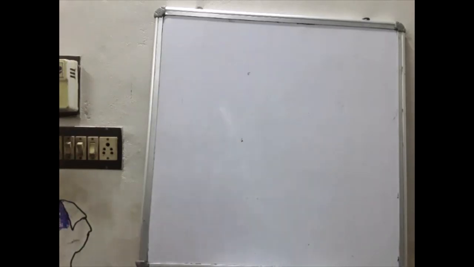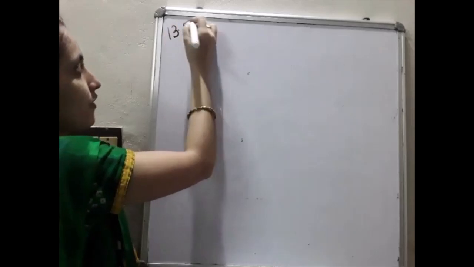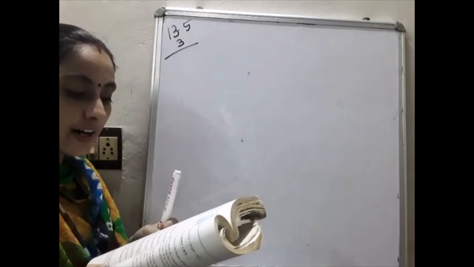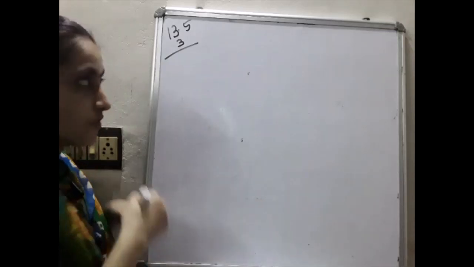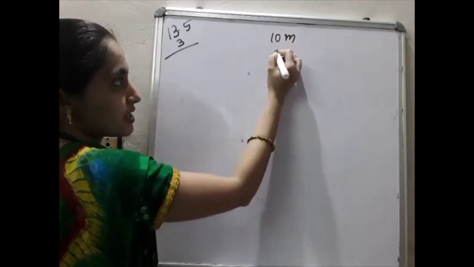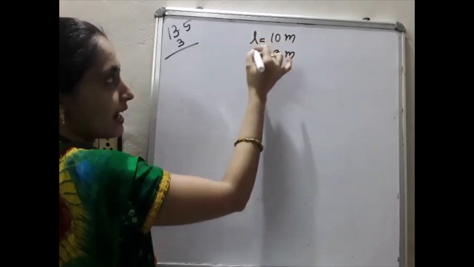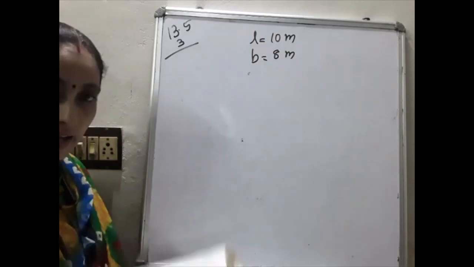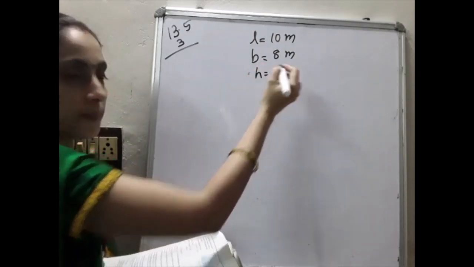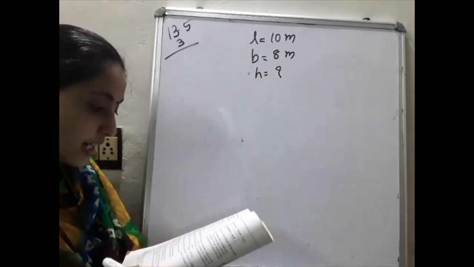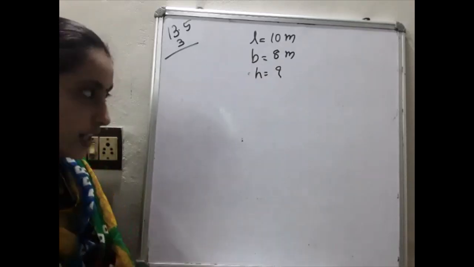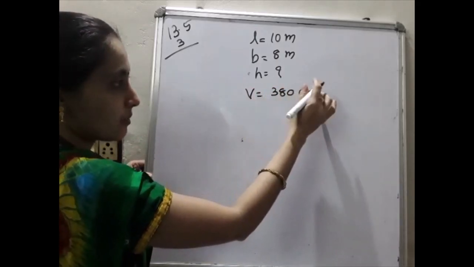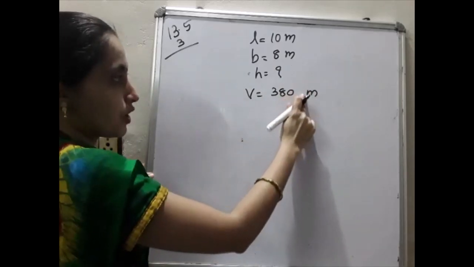Next we will move to the same exercise 13.5, third question. That is one twisting question. Listen here. A cuboidal vessel 10 meter long and 8 meter wide. So 10 meter is the length, and 8 meter is given as breadth. And how high, that is the height, you have to find. It must hold 380 cubic meters of liquid. That means volume is given as 380 cubic meter. Cubic meter means meter cube.